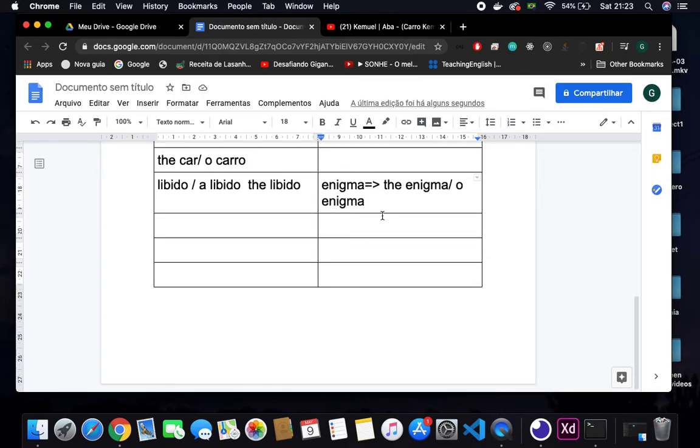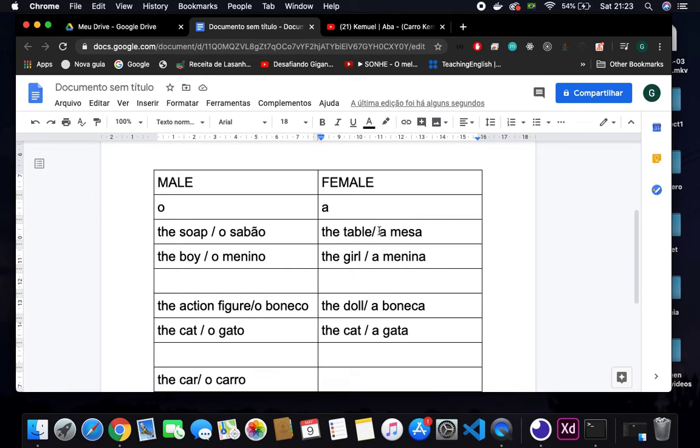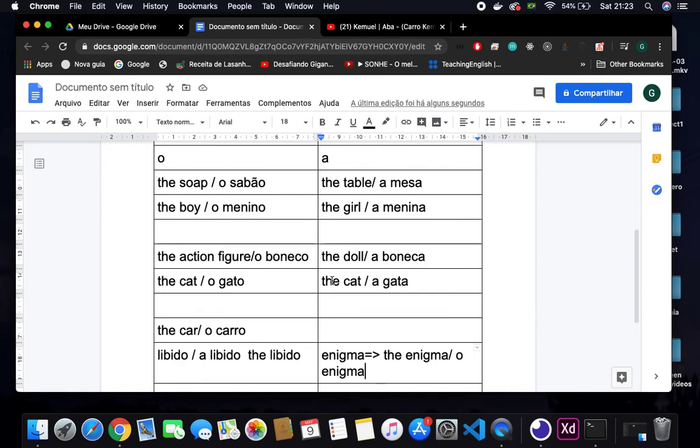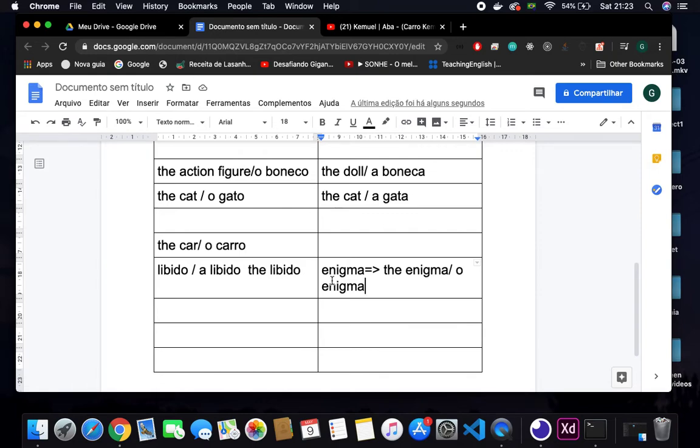Now, as you guys can tell, there's no way for me to be explaining all the words that are exceptions to the rule here. And it wouldn't do any good anyway. So, as I told you before, you really need to read a lot so that your brain gets used to the gender. Okay? There's no other way for you to practice this. There's not a rule that works for everything or that covers all the cases. Okay? So this is it for today, guys. Especially because the last video was already really long anyway.